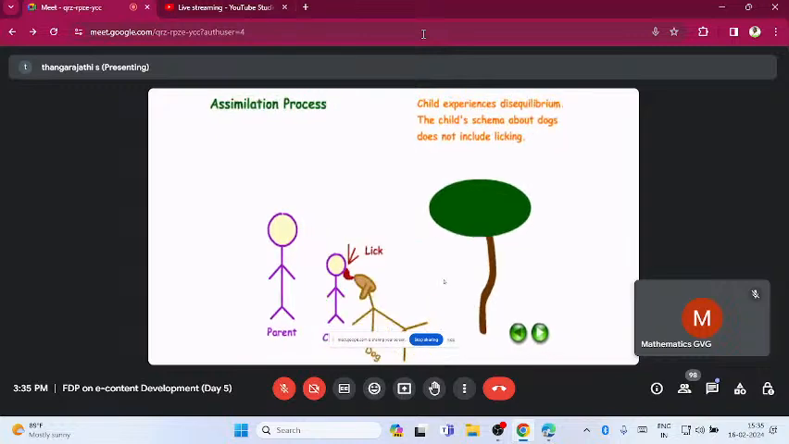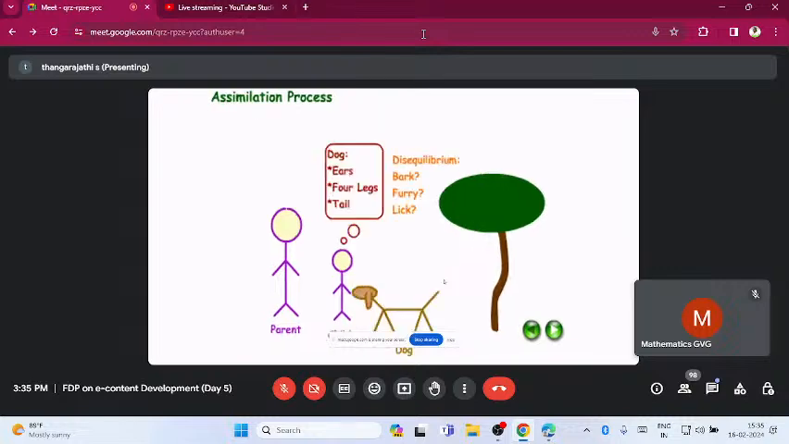It looks like furry appearance and it's also licking. So now the assimilation process is, now the child is constructing meaning for other characteristics also. So the dog consists of